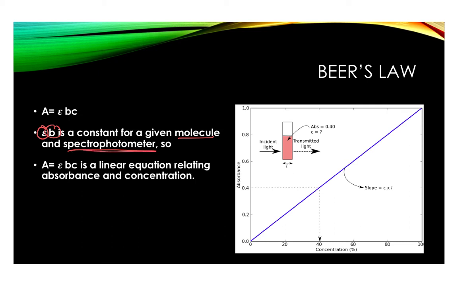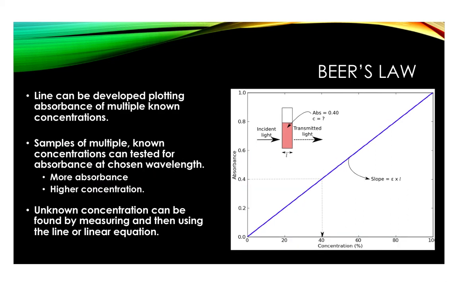So in the end, A equals epsilon B C is a linear equation relating absorbance to concentration. In other words, A is proportional to C. So as you increase the concentration, more light gets absorbed. This is very handy then, because now you can generate a curve